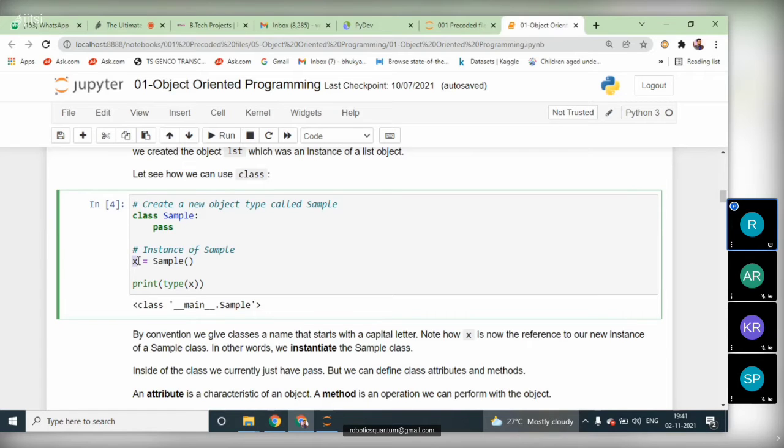With this reference variable, we can access the members of this class. Whatever members we have inside of the class can be accessed by using the object reference variable from outside of the class. If you want to access the members of the class from outside, we must require an object reference variable, or else we can also access them using the class name directly, but it's better to use the object reference variable instead of the class name. We just want to know what the type of the class is. In general, everything is in the main class, that's why it's given as __main__.Sample here.